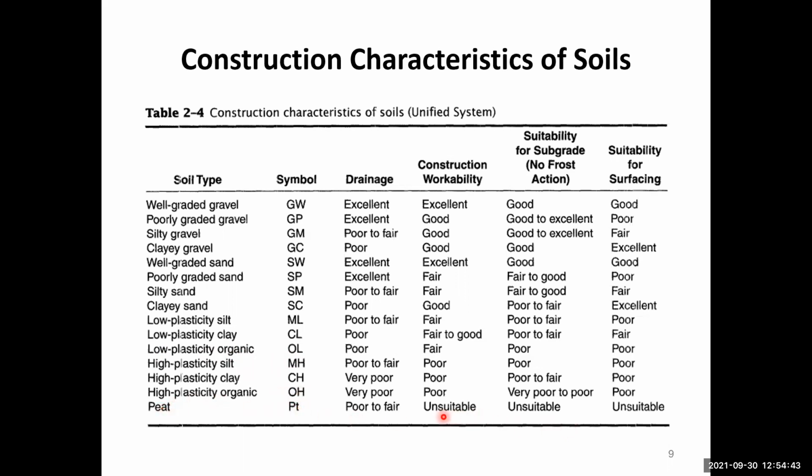So for the peat, you can see that everything is unsuitable, poor to fair drainage, construction workability. So peat is that soil which is poor. But on the other hand, there are some high plasticity clay, drainage is poor, construction workability is poor, and the suitability for subgrade is very poor, and then suitability for surfacing is also poor. So in this way, therefore, we have classified the characteristics of the soil, and this is under the unified system